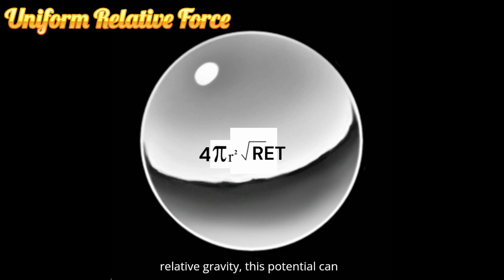In the context of relative gravity, this potential can manifest as gravity at the galactic scale, electromagnetism at the particle scale, or other forms of interaction at varying distances or energy levels. Just as a higher voltage can drive a more dispersed current, different forces, like gravity or electromagnetism, can be understood as manifestations of URF, depending on the scale and context.